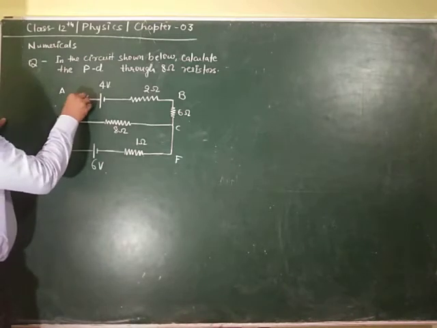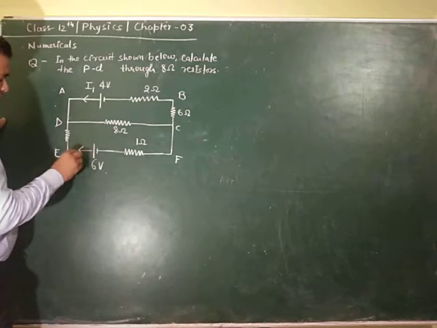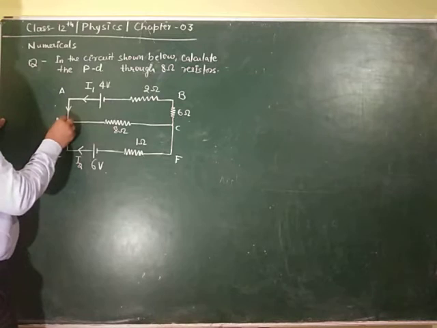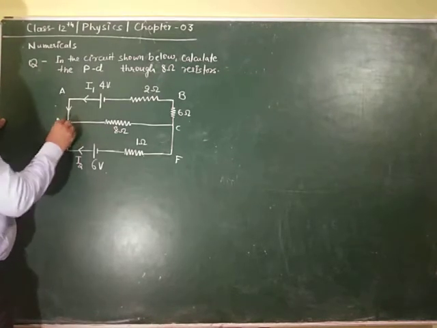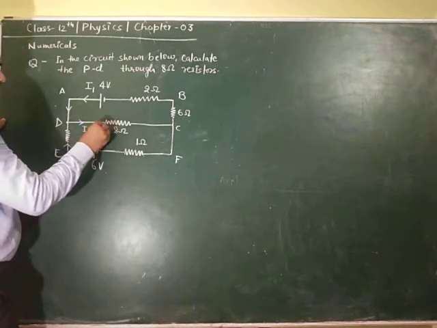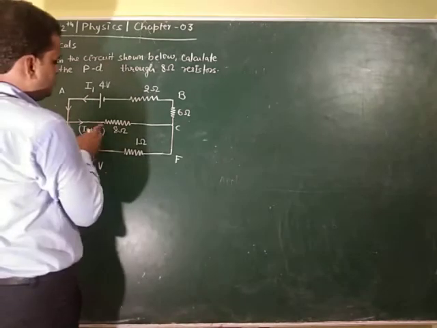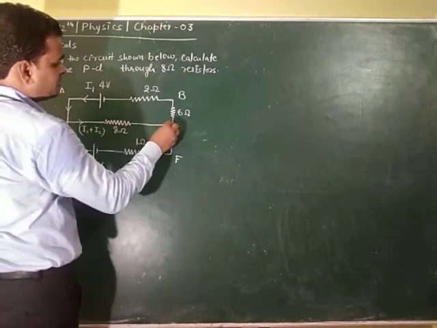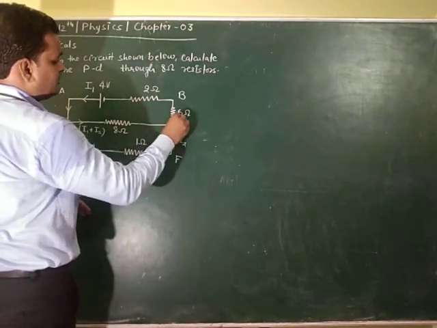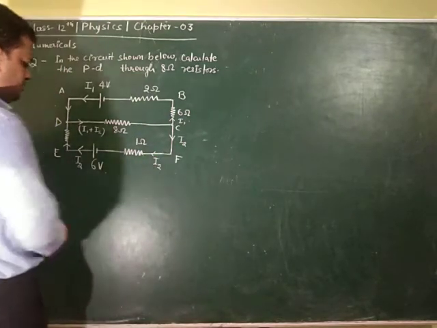So there is a current I1 from here. This battery sends the I1 and this battery sends the I2 current. So I1 is coming to this side, and here I2, and in this branch the total current is I1 plus I2. I am not writing another variable here. This I1, I2 flows like this, and when it reaches here, it again separates. So here it becomes I2 and it becomes I1. This is I2.